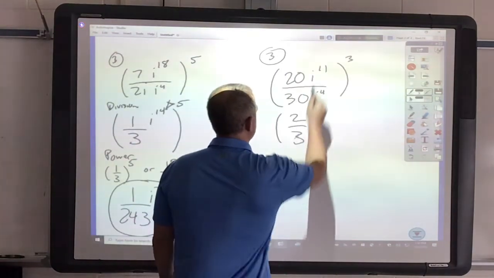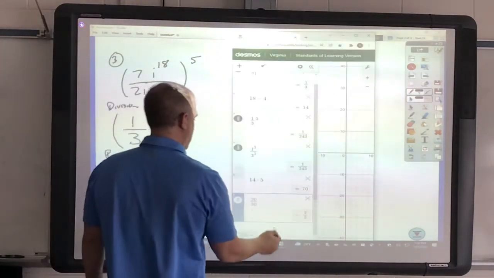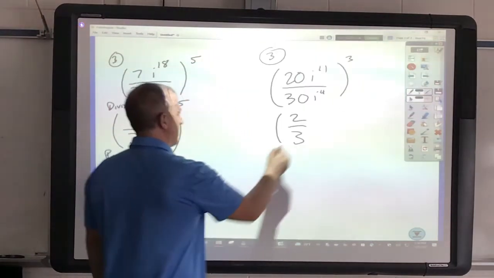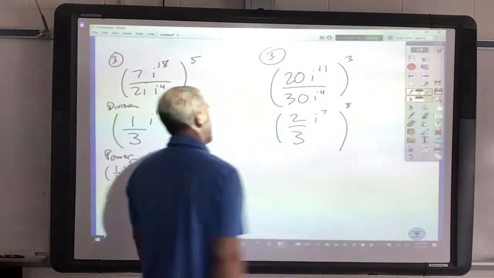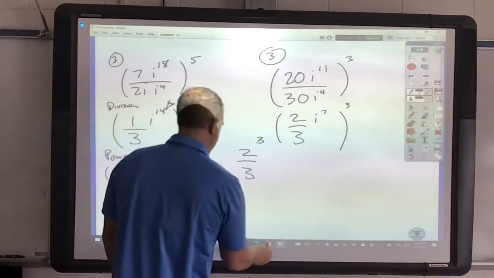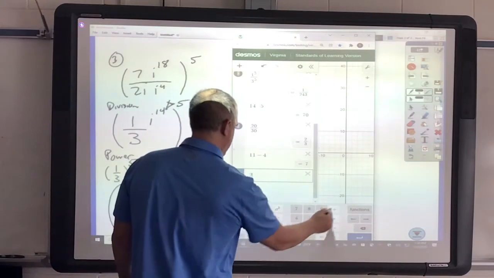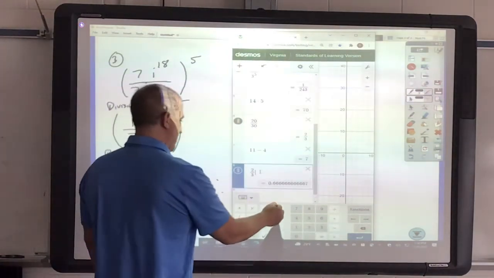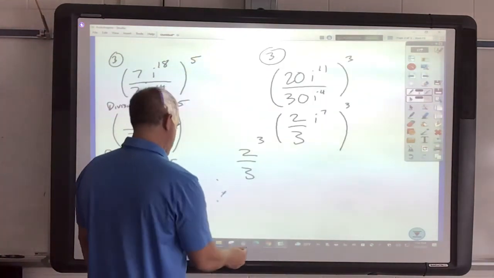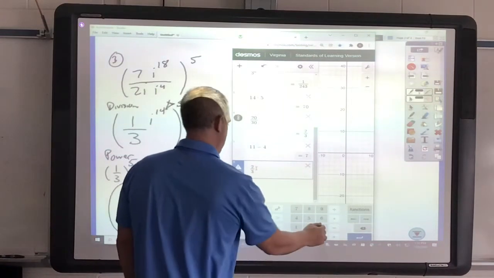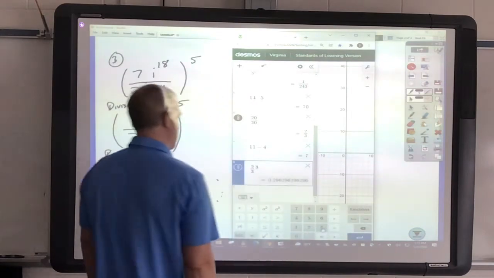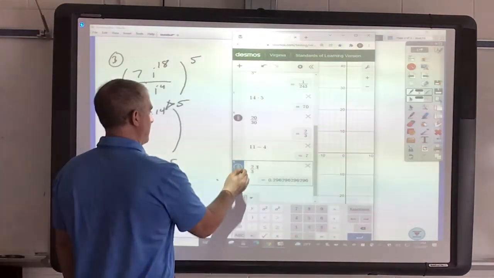So I got 2/3, and then I would subtract those, 11 minus 4, which is i to the 7th. And now I've got the power rule, so I would do 2/3 to the third power. Once again, you can do 2 divided by 3, click over here, then do exponent of 3. Okay, and so I got